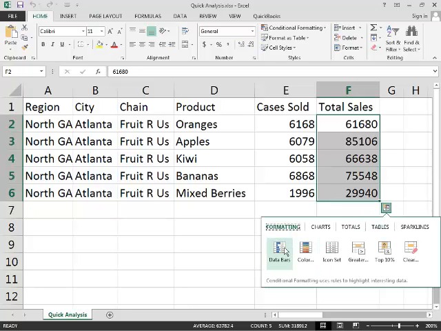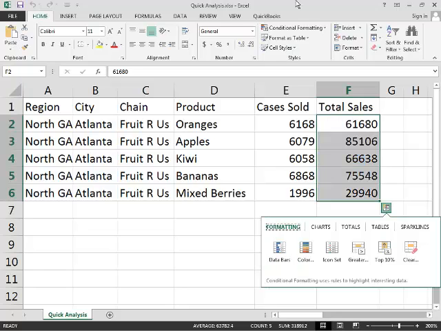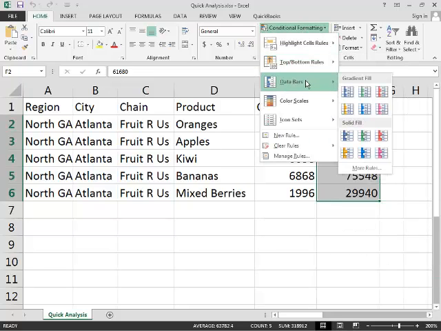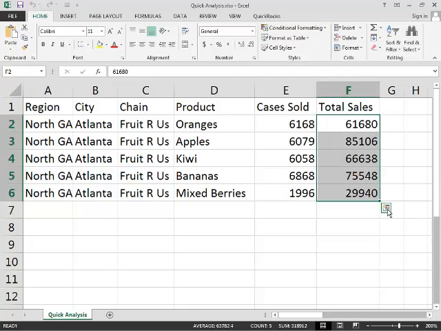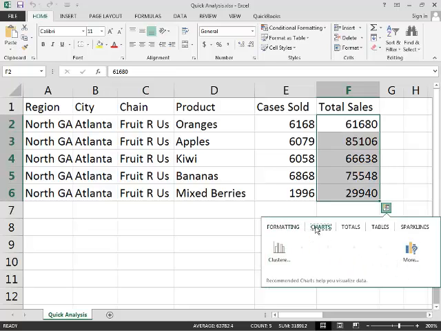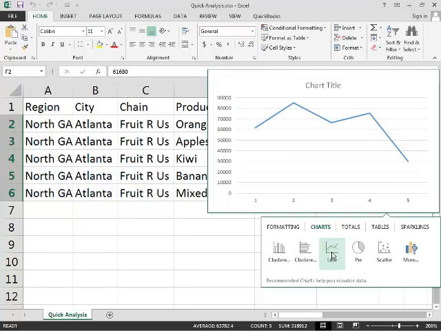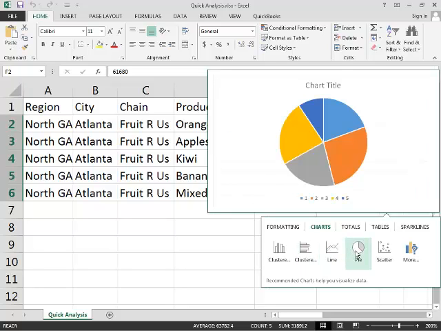It displays the palette. Data bars are a feature that I could get to by way of conditional formatting. So if I went to conditional formatting and chose data bars, I could apply data bars. Or if I go back and look at my Quick Analysis, color scales is another conditional formatting tool, along with icon sets. I get to preview these different choices and see what they would look like before I commit to them. If I want to see what the data would look like as a chart, it shows me the data in chart form. Any one of these that I want to use, I simply click on it and that will add that